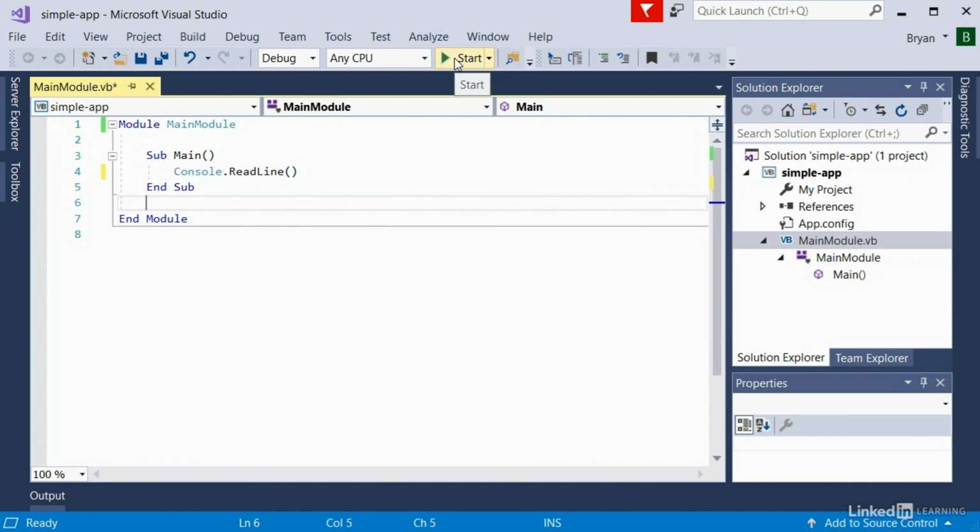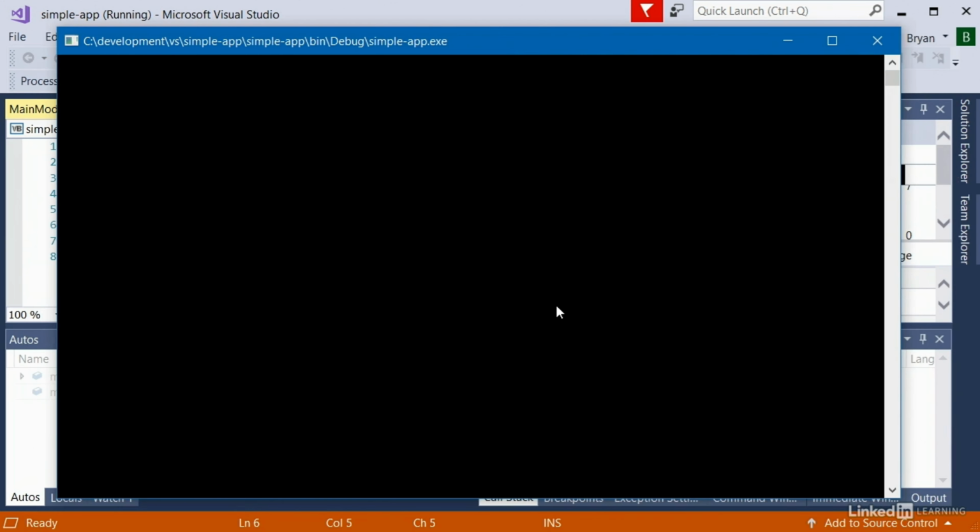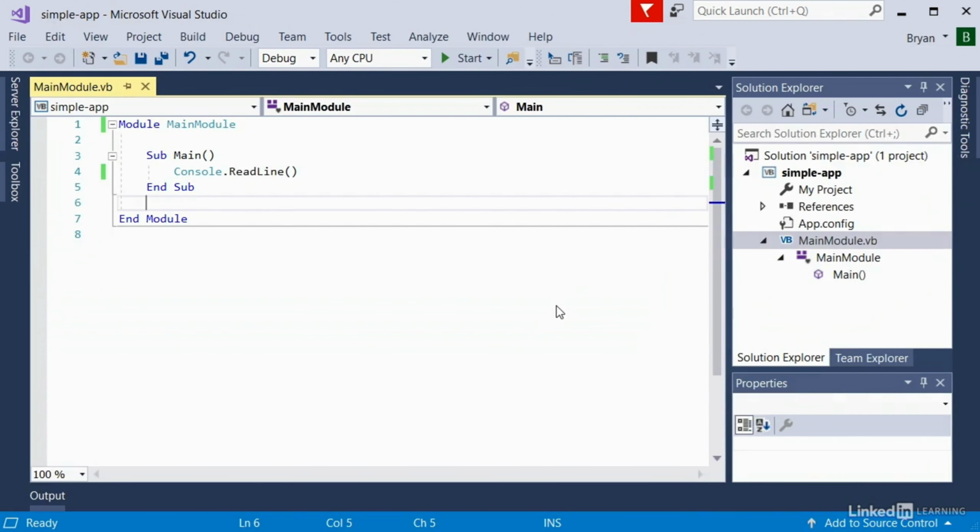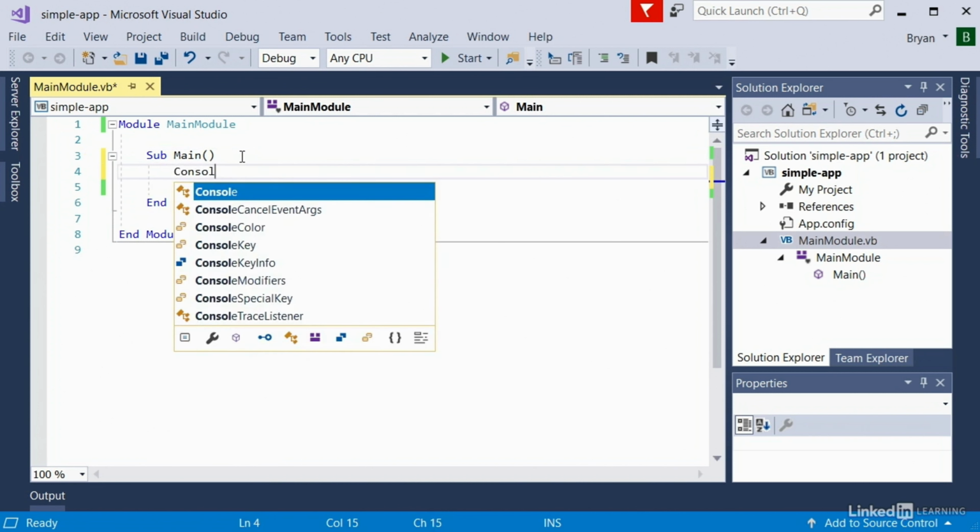So this time when I click Start, the window opens up and it waits for me to type something. If I type something in and hit return, that's when the window goes away. Much in the same way that I used console.readline, I can place my cursor after main there and hit return and type in console